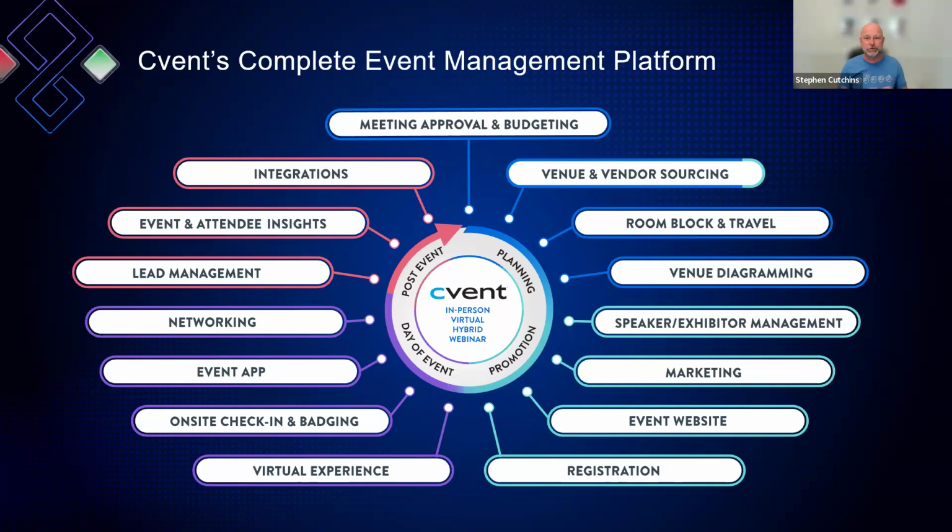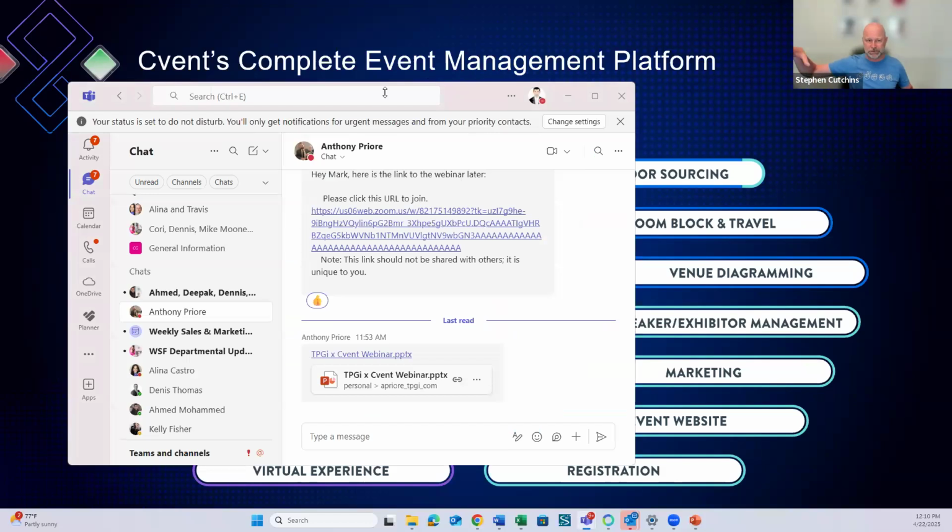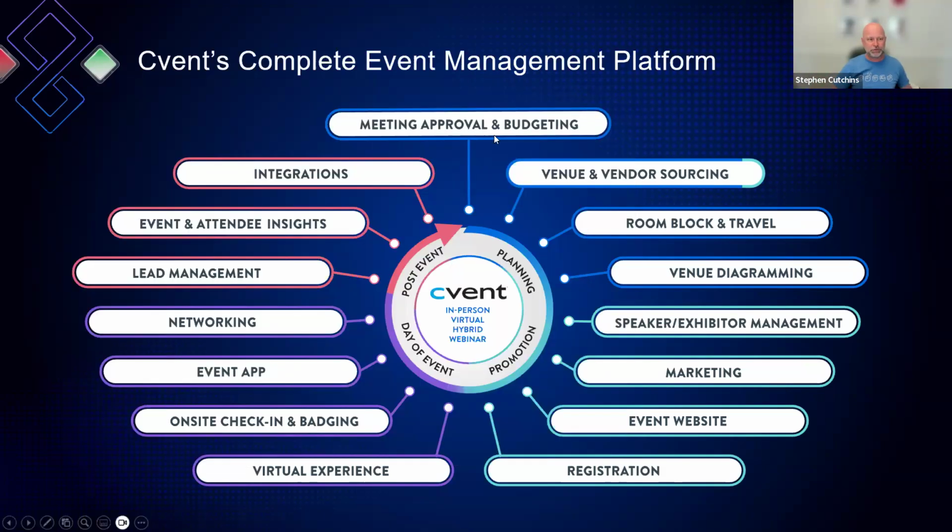We have a few dozen products. Oh, and by the way, we cover both the event side, which is what you see when we go to a conference as attendees, and all the setup of the websites and the badges and everything. And we also cover the hospitality side. I tend to really focus more on the event side, the attendee facing. We call it the attendee cloud, event cloud, just because that has a larger impact than the hospitality side. But my job is to make sure that people with disabilities can attend these really amazing